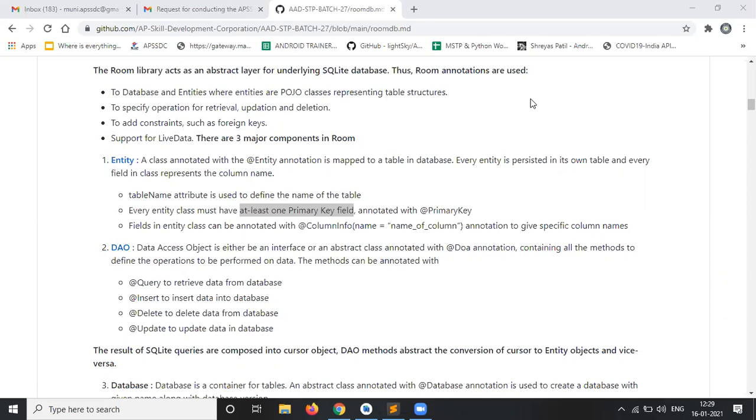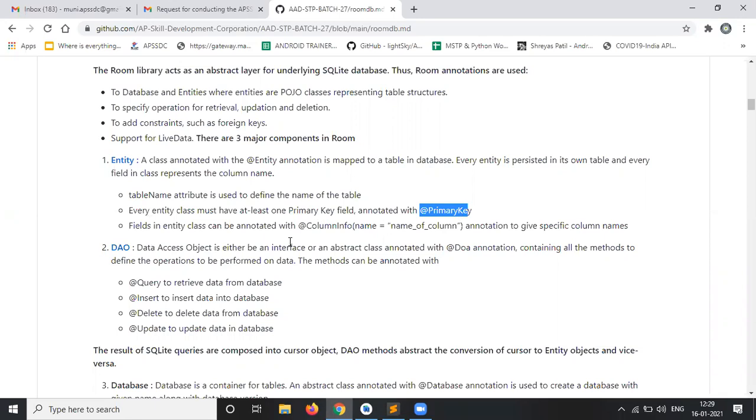Suppose we take the roll number. Roll number is a unique number, so there is no duplicate roll number among individual students, like a group of students. So roll number should be unique. On that basis, for any field or table attribute, we can identify it uniquely with the help of the primary key.